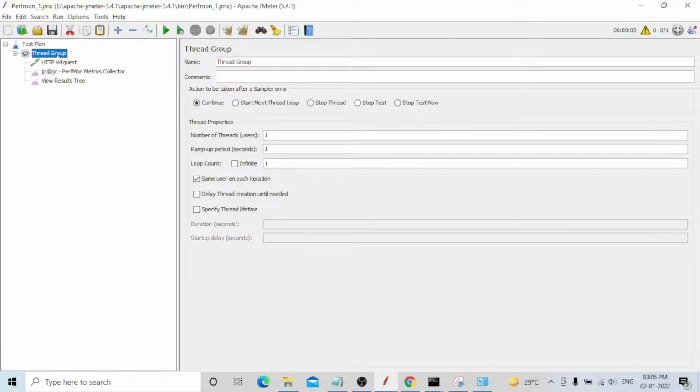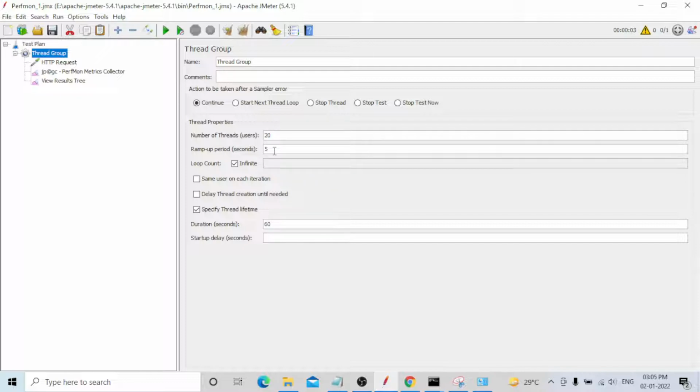Okay, now I need to go and mention 10 users. I'm not able to mention a higher level, the reason being this is my computer. I will select 10 users. Okay, I will provide 20 users.